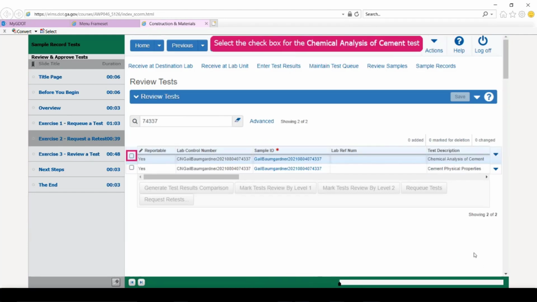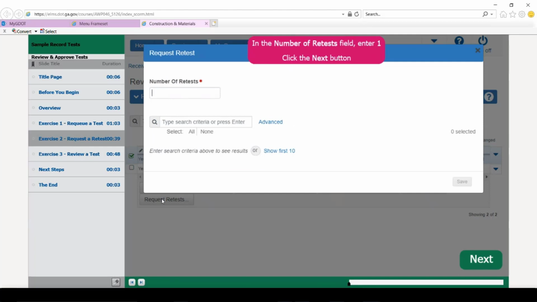It's going to find various records, and this one under test description is for the chemical analysis of cement. So we'll check that one. And when we check it, it makes available some of these previously grayed out buttons that allow us to take these actions. So I'm going to click on Request Retest, and we'll specify 1 as the number of retests that I want performed.